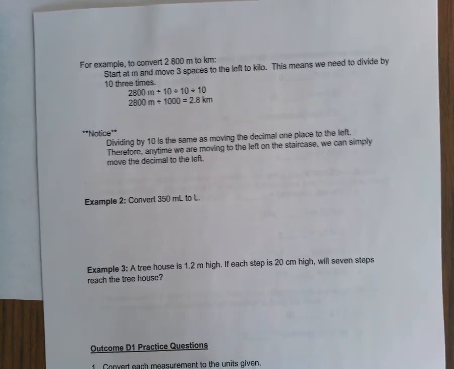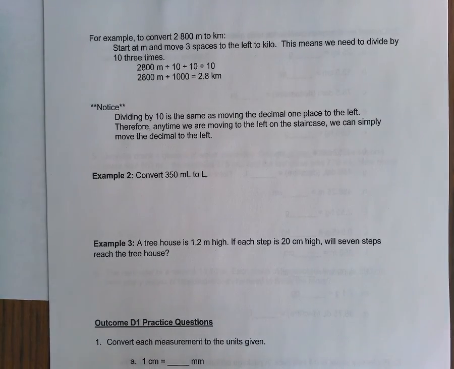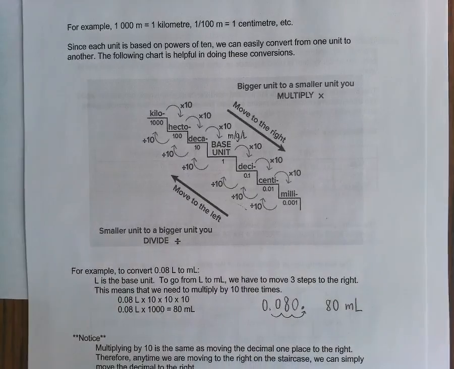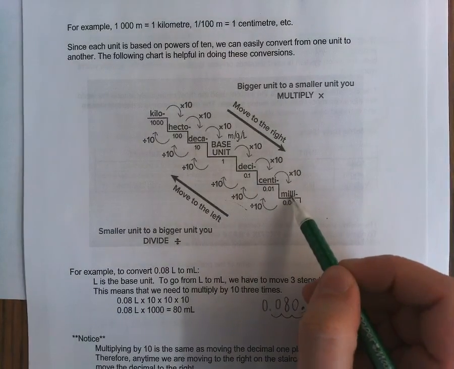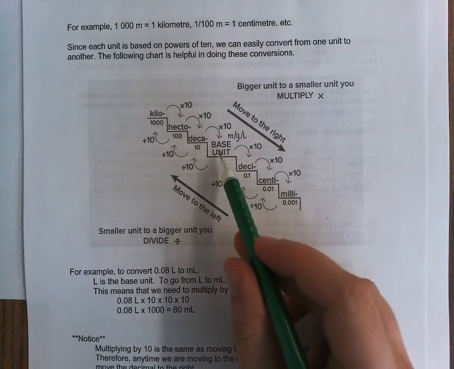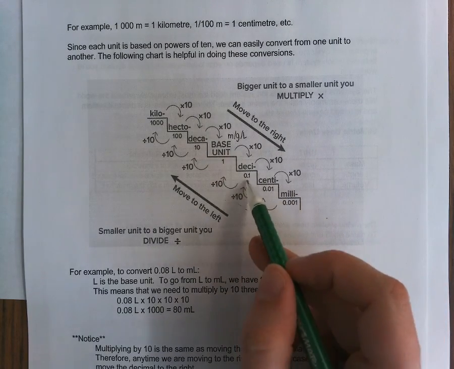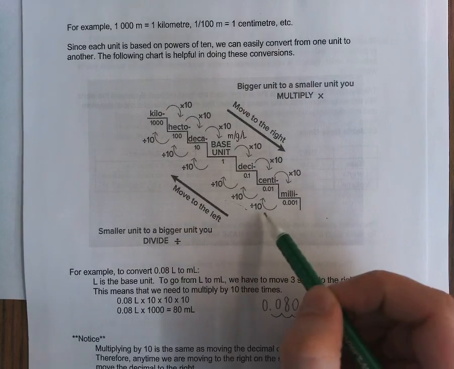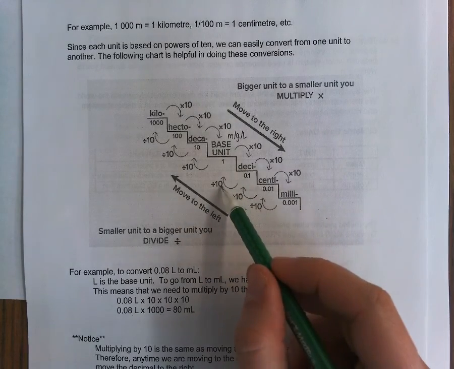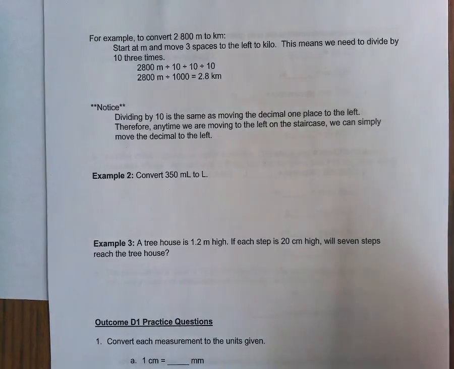In example 2, we're converting 350 milliliters to liters. So if you go back onto this chart, we're going from milliliters to liters, which is our base unit. We're going 3 steps up, meaning we're dividing by 10 3 times. So here you have